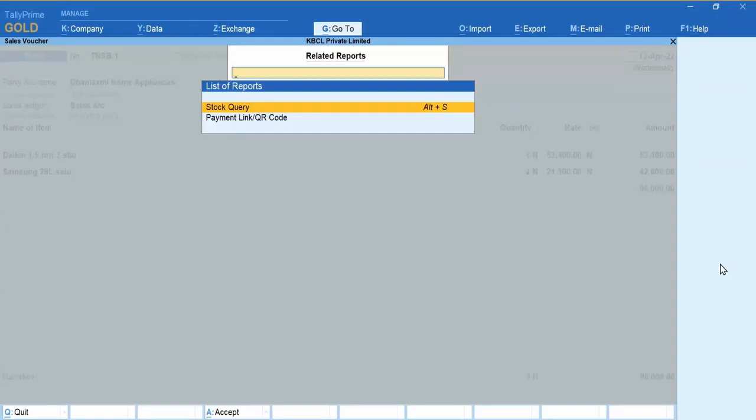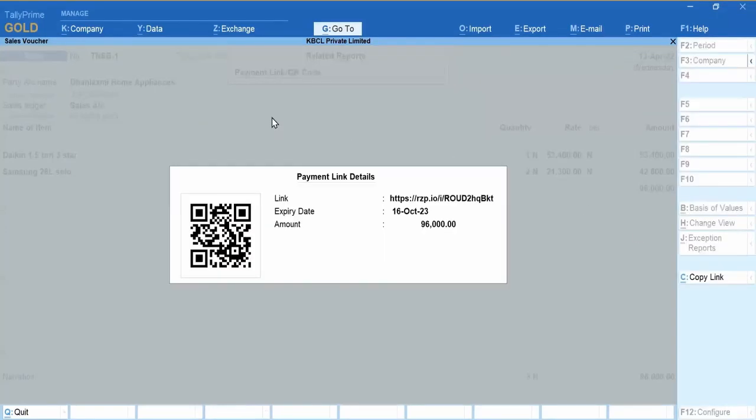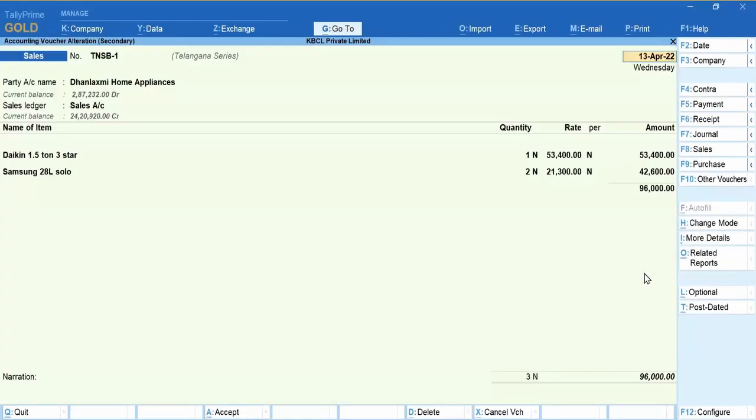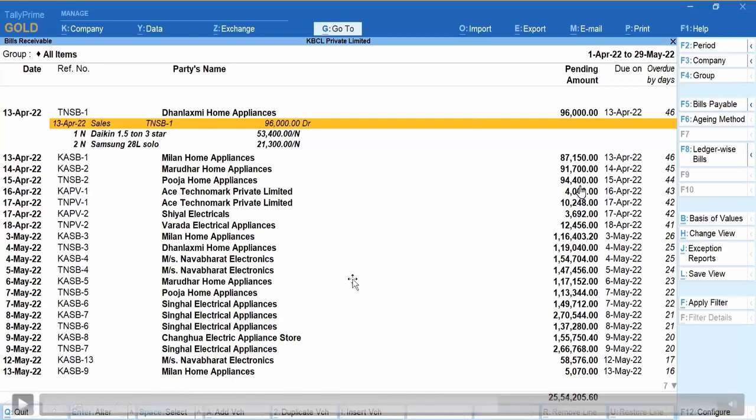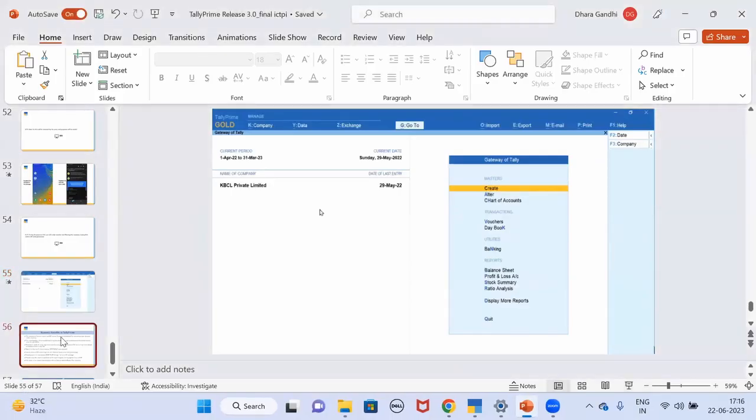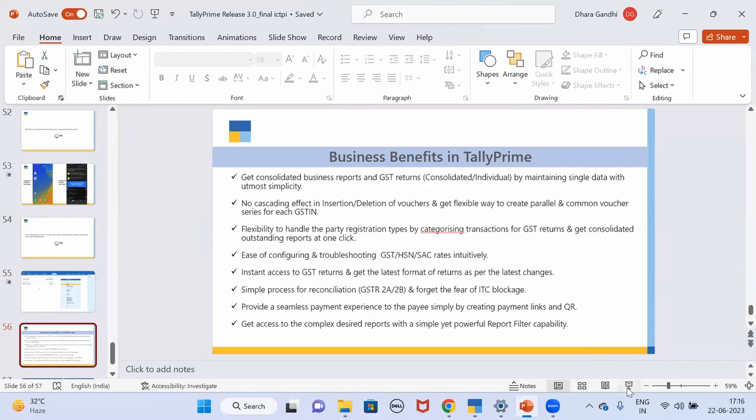If I go to the related report, I'll be able to see this payment link and QR code saved for this party. So this has the link, expiry date, amount, and a proper QR code. I can copy the link and share it with the party. So isn't this an amazing feature for receiving the payment? Apart from this,